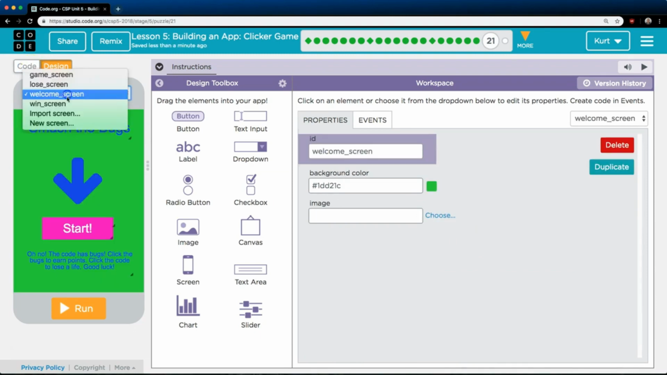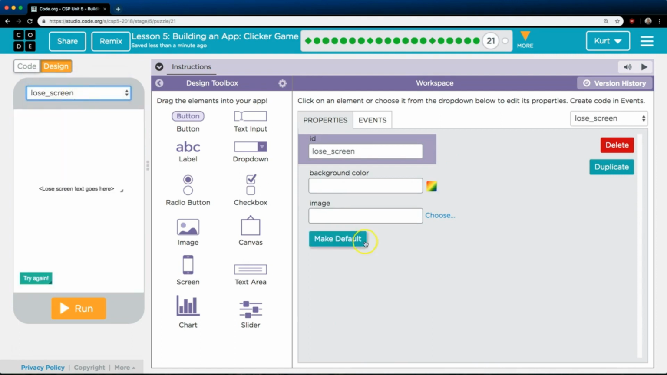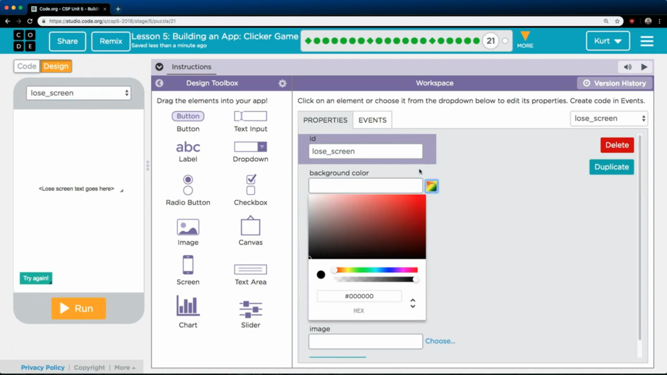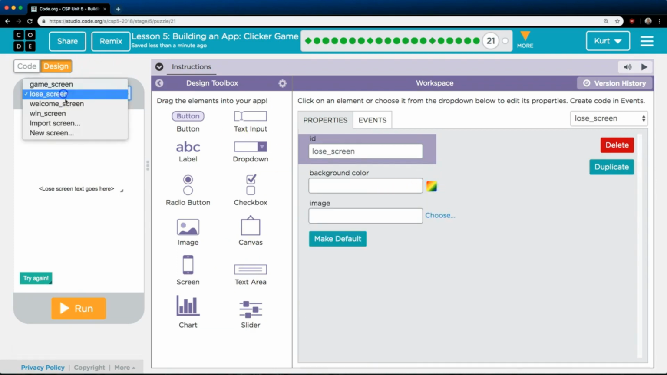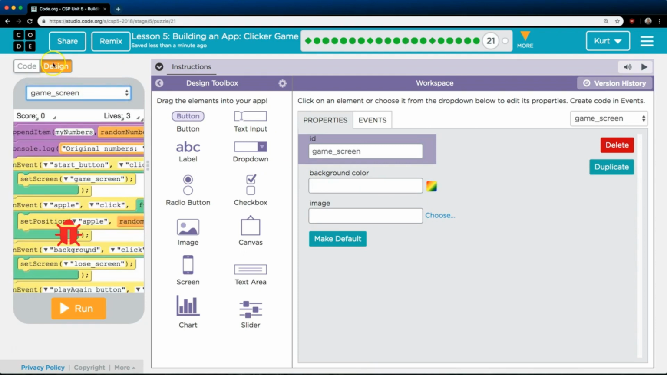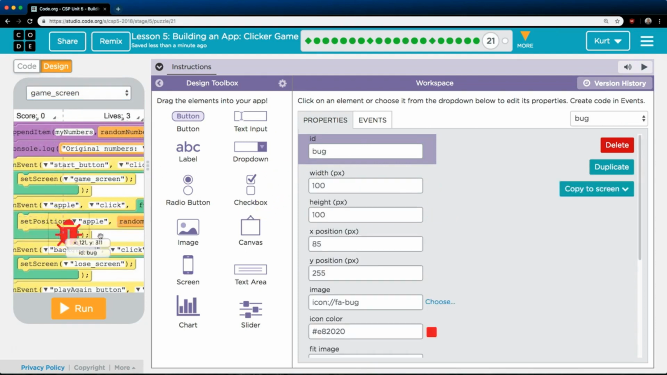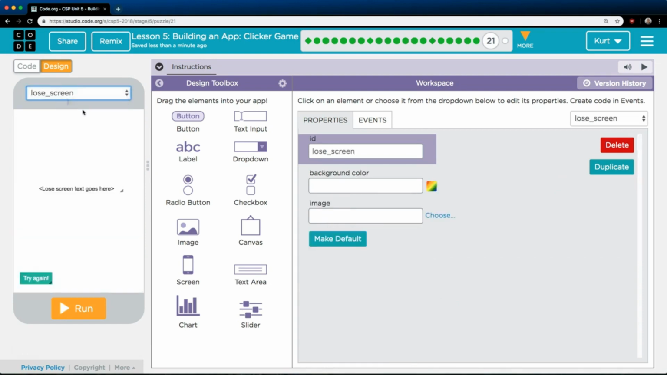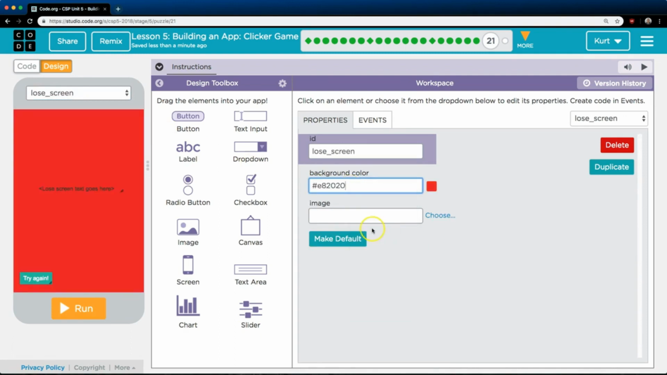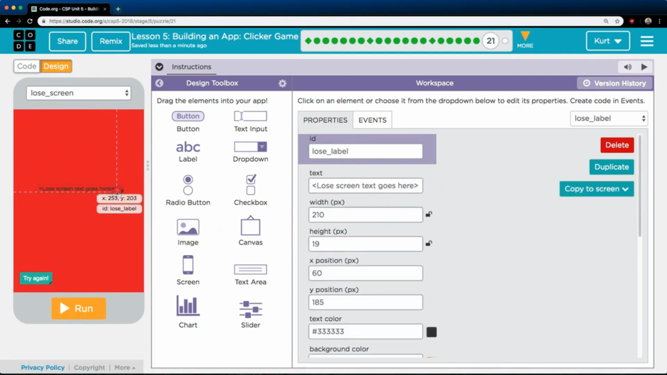Welcome screen's all set. Game screen set. Let's see our lose screen. And our lose screen is not. So, lose screen, oh, you know what I want to do? I'm going to make it the same color as the bug. What color did I choose? I'm just going to copy, go to lose screen, paste, perfect, and then on the lose screen,